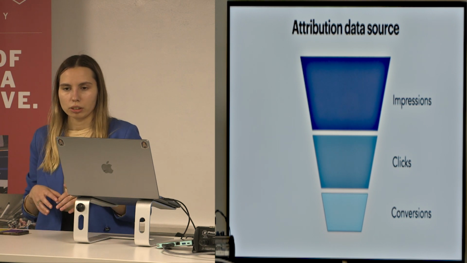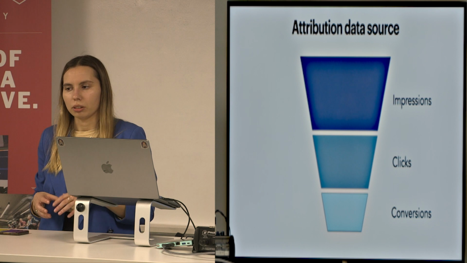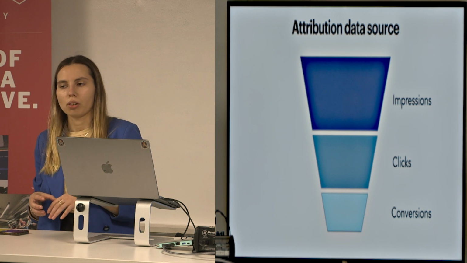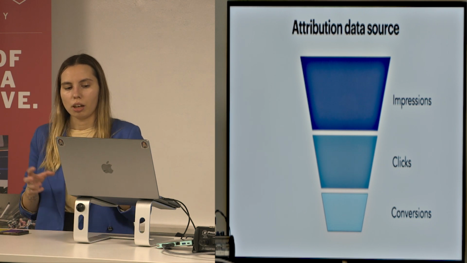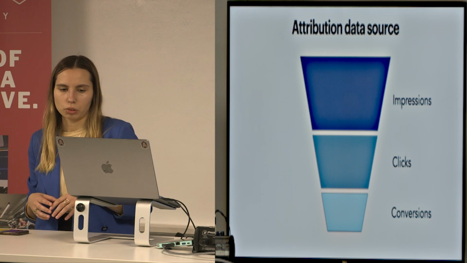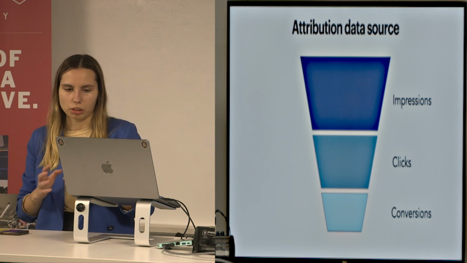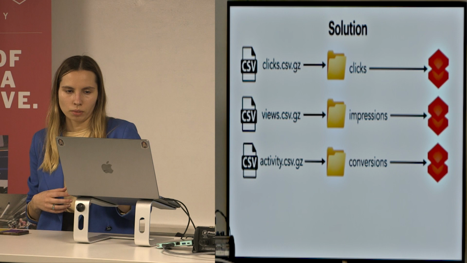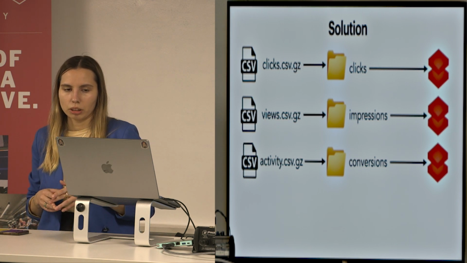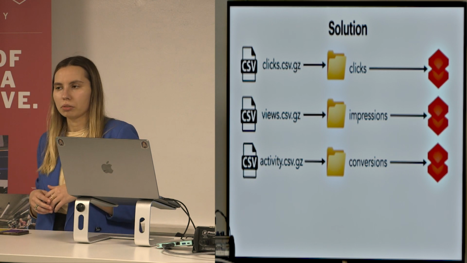And we have fewer clicks, but they always happen after impressions, and conversions also happen after clicks, and we have even fewer of those. So it's a bit easier to process these different parts of the feeds. So the solution is quite simple, just to deliver them separately, and actually it worked out well for the users,